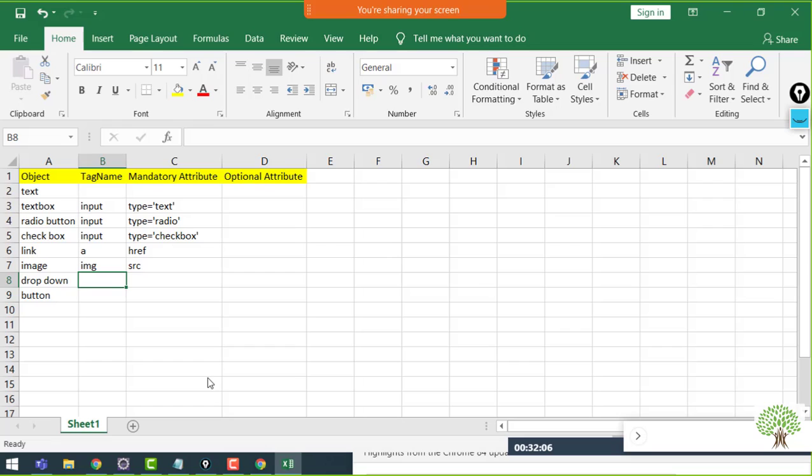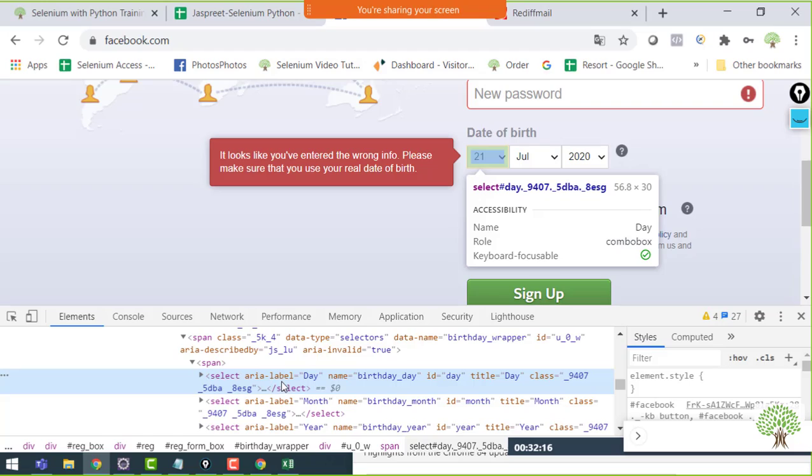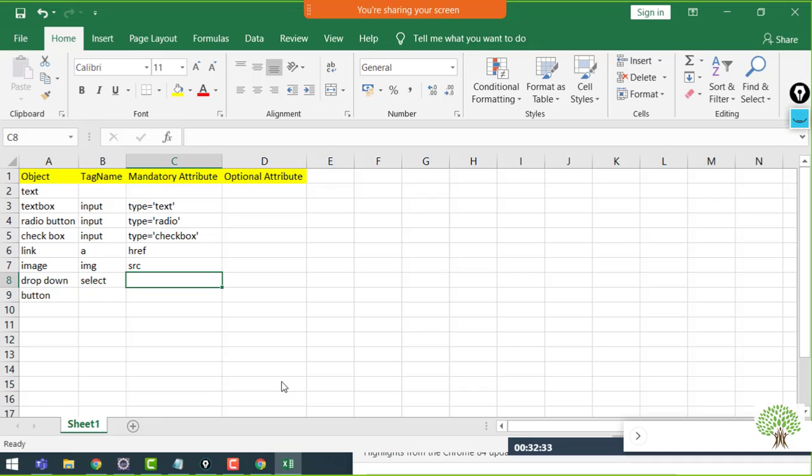Fine. So for the drop down we have tag name as select, and it does not have any mandatory attribute. It will not have any mandatory attribute because it's totally depending upon what the drop down is being used for. It can be used for the date selection, it can be used for the country selection or anything else. So over here it's not applicable.